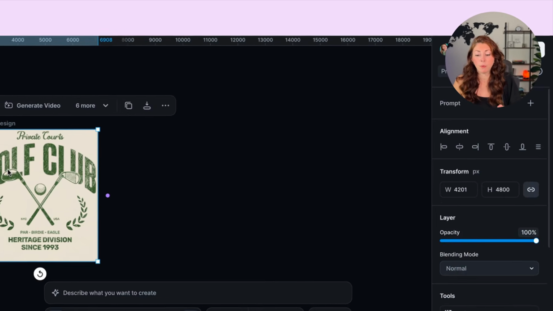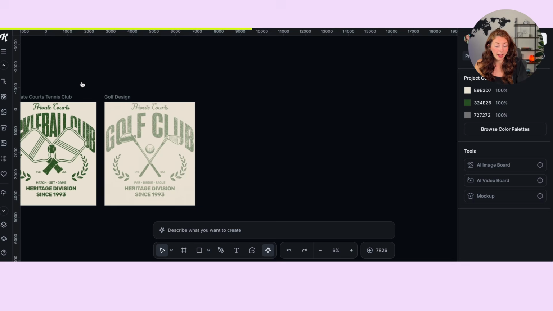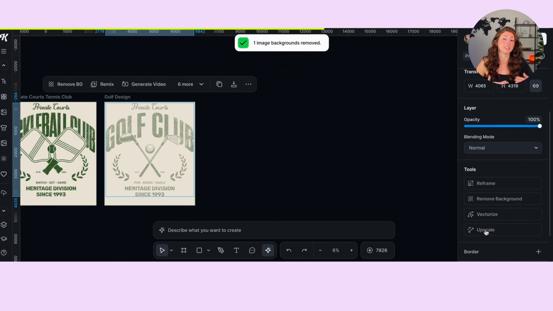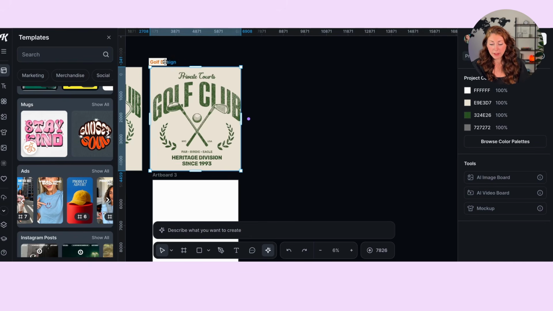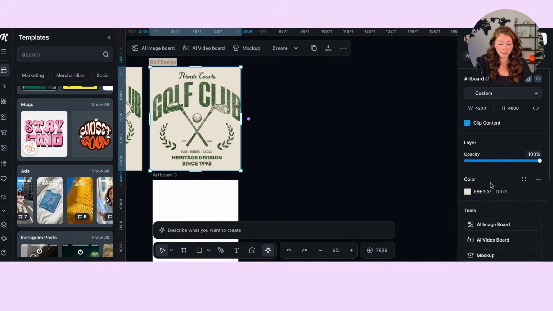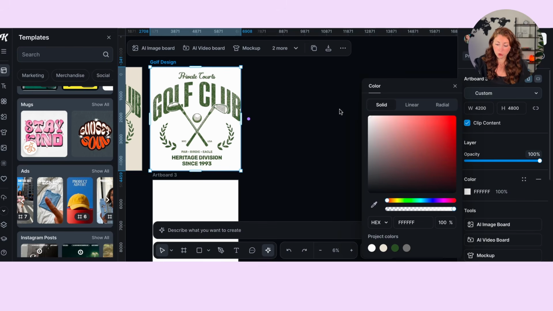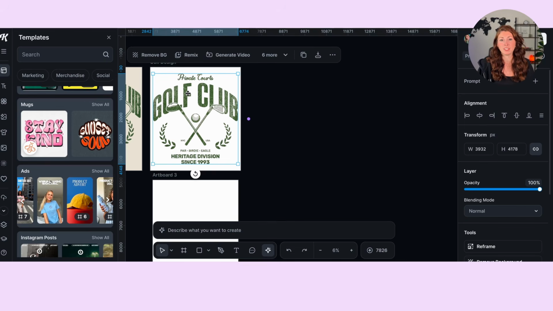Now because I can edit this image, I can do things like remove background. I can also upscale the image so that it's higher quality and sharper for when I'm actually printing this. And I can tell that I've removed the background if I click on the artboard name again, go to color and change the color. By changing this to white or any other color, I can see that I have my AI image cut out, so that I'm able to save this as a PNG file